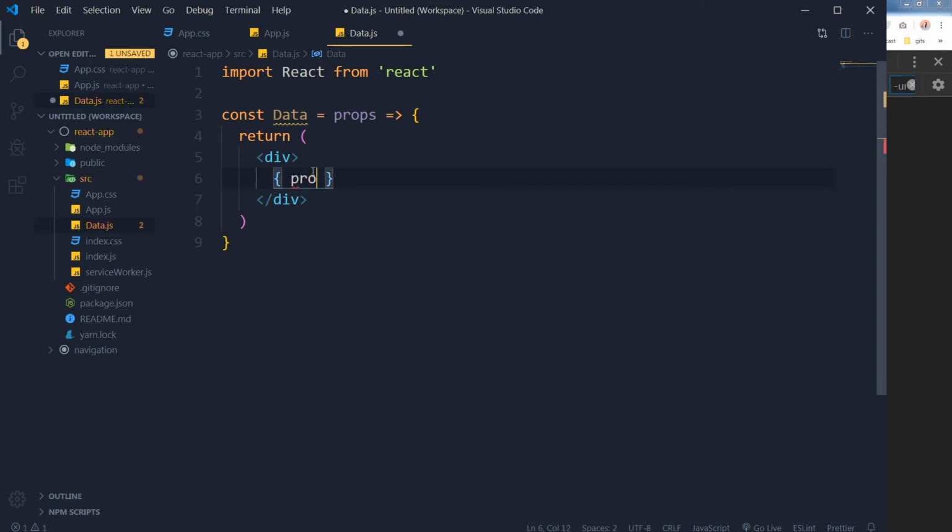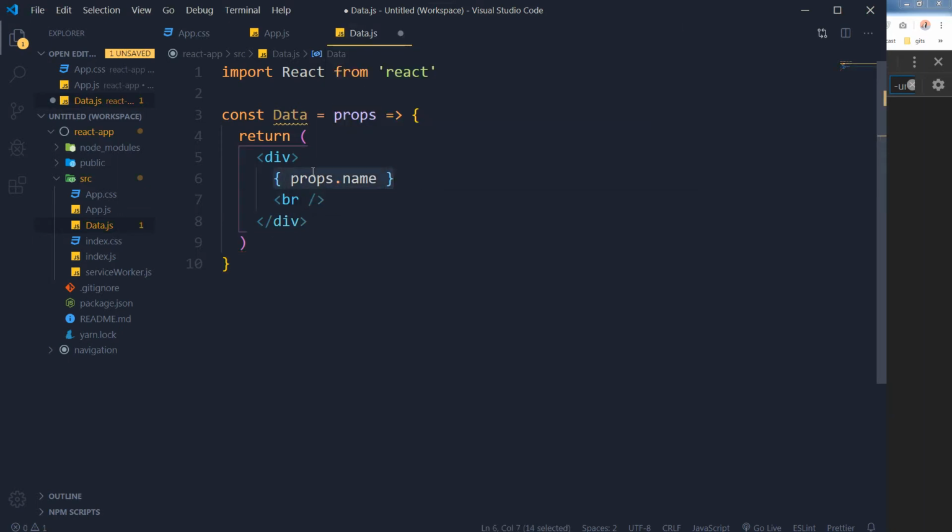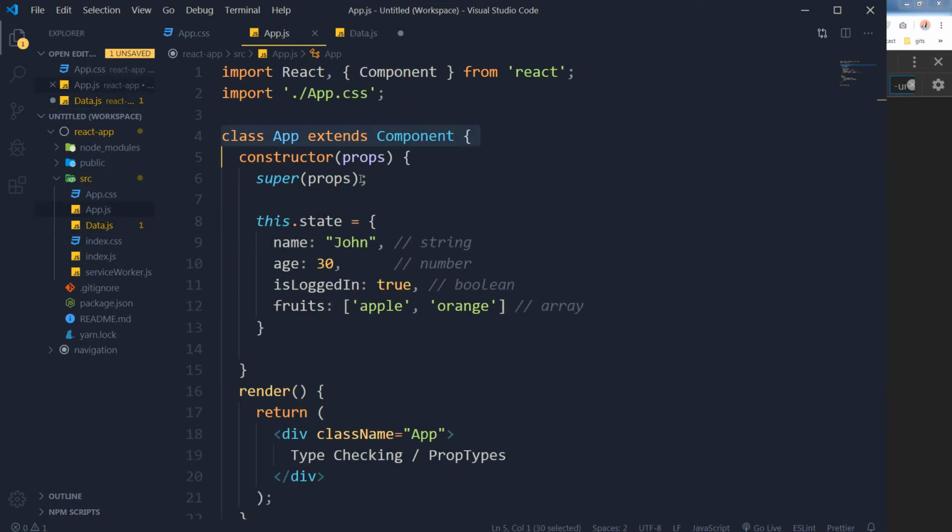So props.name, and here will be the line break, and we are expecting age, props.age. See, this is name and age and isLoggedIn, and this is the array,